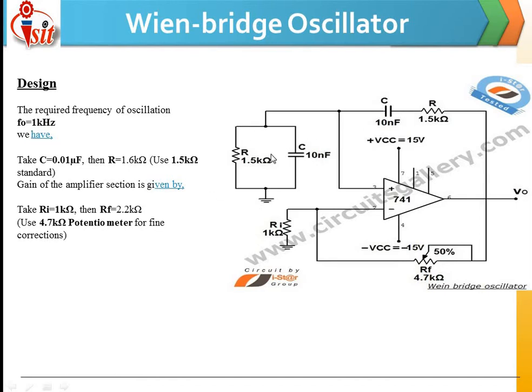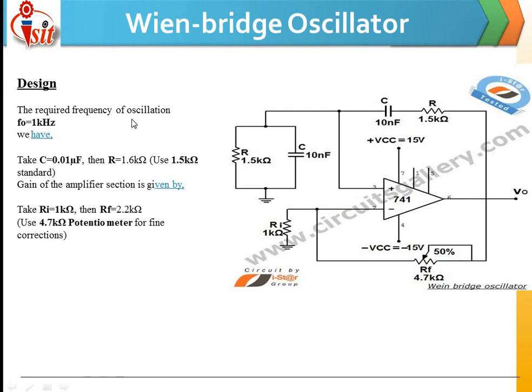ZP is related to the parallel combination of that RC component, and ZS is related to the series combination of that R and C component. For the design requirement, just see over here, the op-amp is connected along the feedback path related to a non-inverting amplifier. That means the feedback is connected towards the positive terminal of the op-amp, and input is also given to that positive terminal of the op-amp. Along with that, the variable RF resistor will control all the signal output.